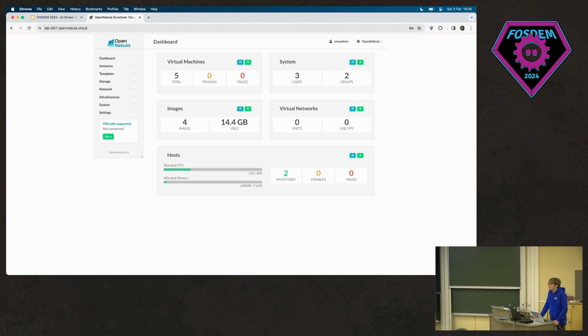Well, this is the main dashboard of the OpenNebula user graphic interface. Here you can see the principal information about your cloud, like how many machines we have, or the images, or the virtual networks, or the usage of the host.